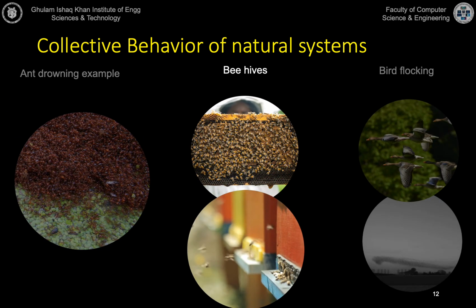So after ants, let us talk about another very important natural system which thrives by the collective behavior. So bees are known to be very important social contributors to life on earth, mainly